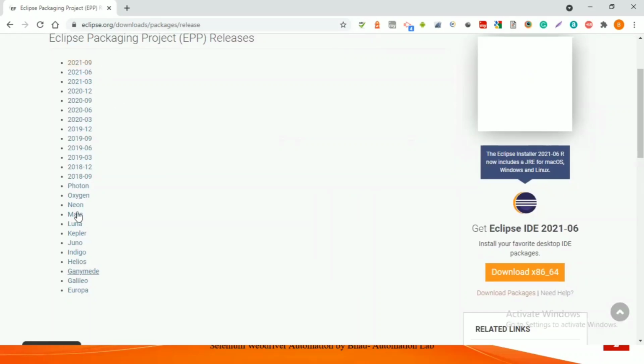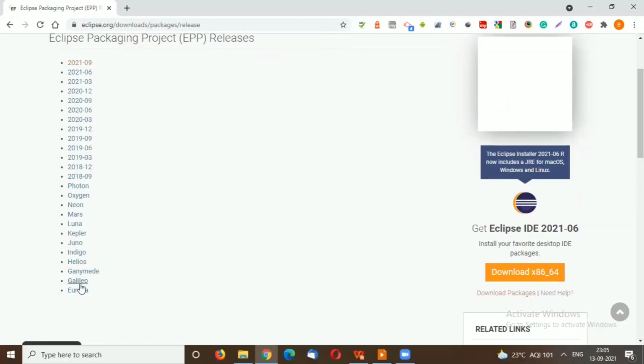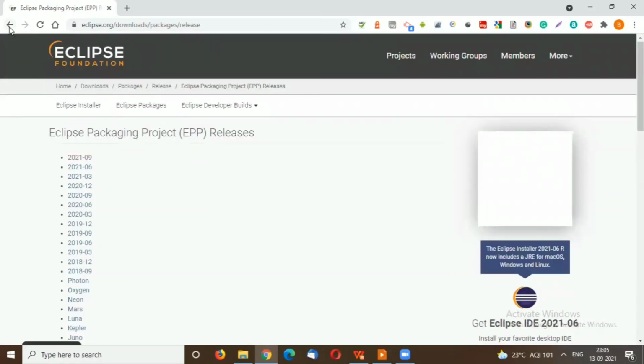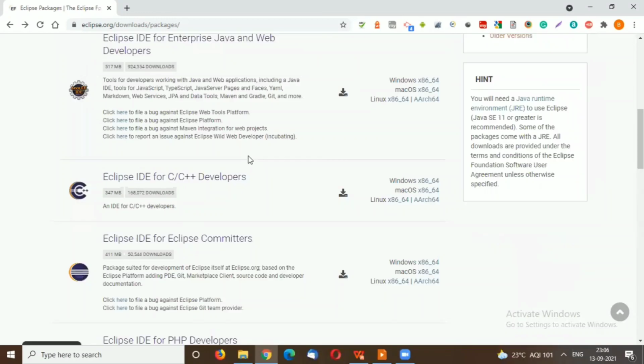They just change the names of Eclipse and make some UI level changes or some small changes, and release the versions of the Eclipse editor. Look at this, there are multiple versions like Luna, Mars, Neon, Oxygen, and still, in September 2021, the latest version of Eclipse was released. You can download any one of these, there is no issue.